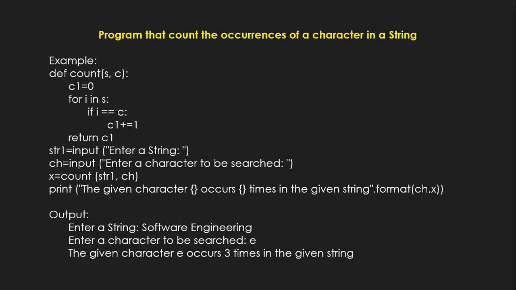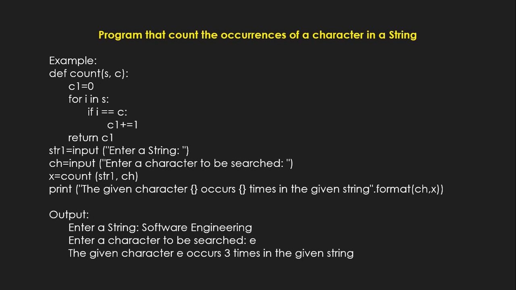Then c1 equal to 0, and separate each character out from the string. I'm going to separate one single character and check if that character is equal to the character that you have keyed in. Then I'm going to increment c1 equal to c1 plus 1. That is how many times the particular character appears in the string. So you're going to increment using this counter, c1 plus equal to 1, if the character is equal to the character that you have keyed in. Finally when the loop is over, you say return c1. c1 is returned back to the calling statement and stored under x.